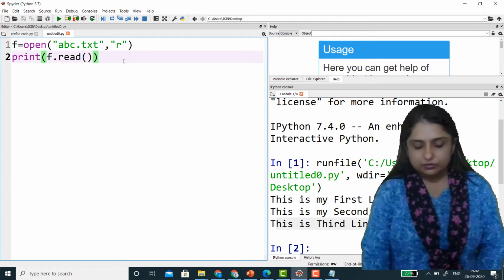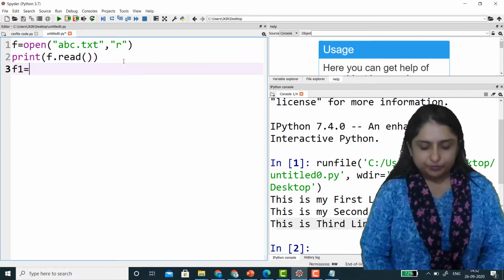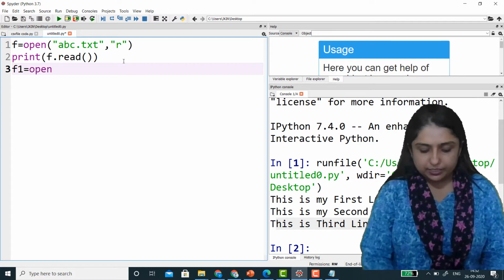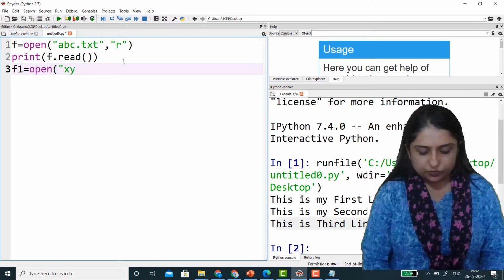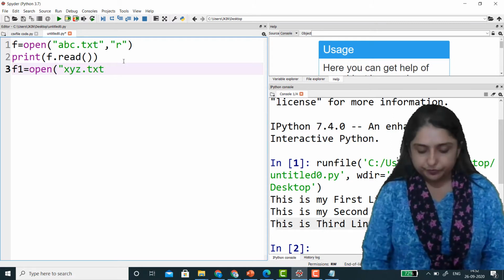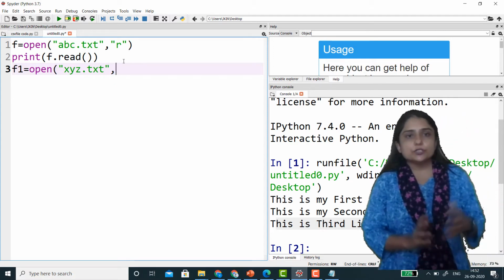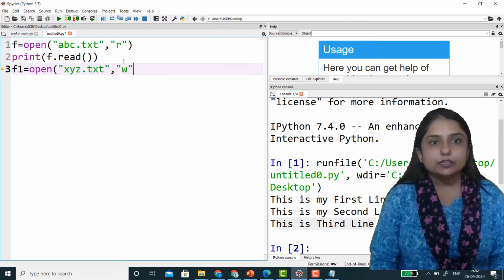Now I take another variable, f1, and use the command open, and here I specify another file, xyz.txt. If I want to use this file in write mode, then instead of r you have to specify w.